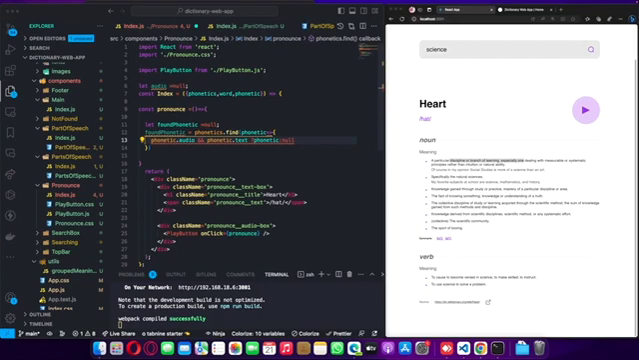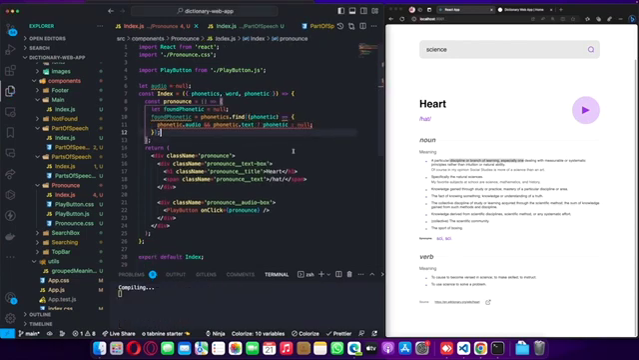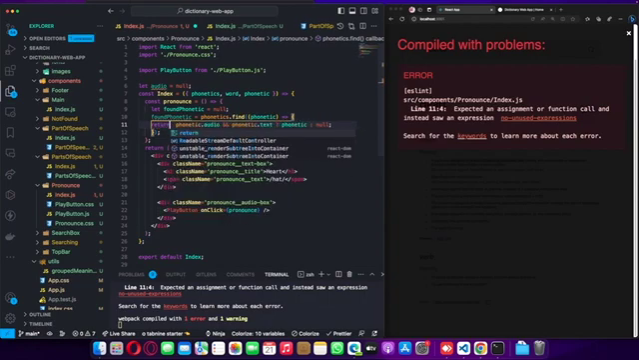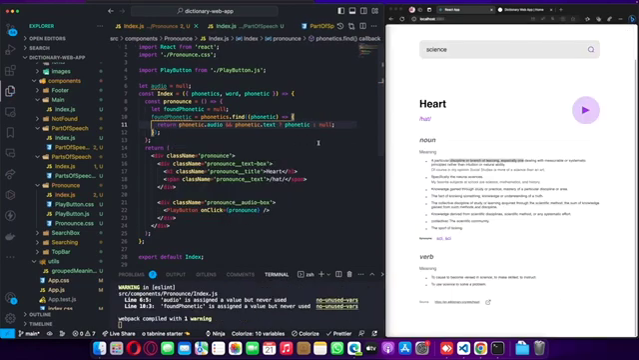We're missing phonetic.text. If it is phonetic, it's fine. What is that? Yes, no. phonetics.find. Maybe we have to say return here. Yes. So here then,